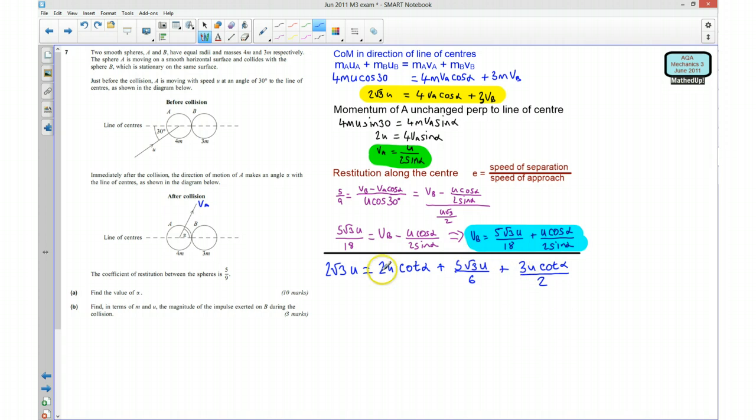Okay, now what's going to happen now is all of our u's here are going to cancel each other out. So we're going to lose all these u's, and at the same time I'm going to multiply everything by 6. So that means that over here we're going to have 12 root 3, and the u's gone, is equal to 12 cot alpha